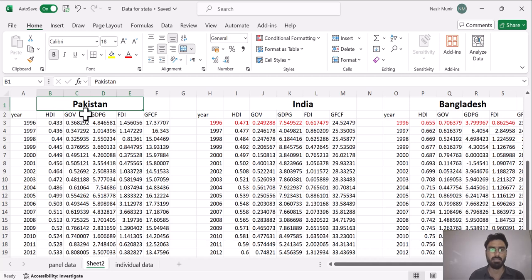For example, if we have a bank, say State Bank, we can change the indicators to debit, credit and interest rate. So variables may be different depending upon the series or the entity.